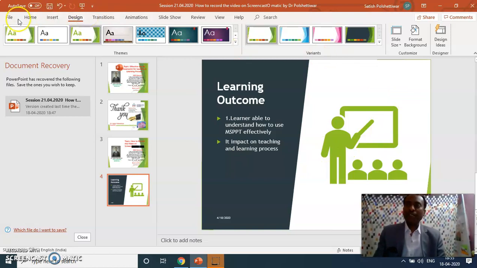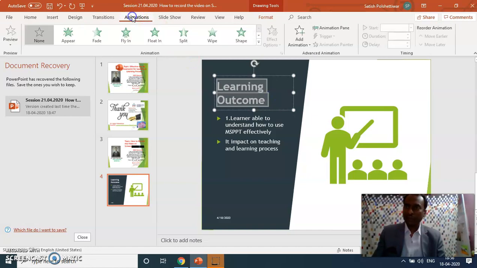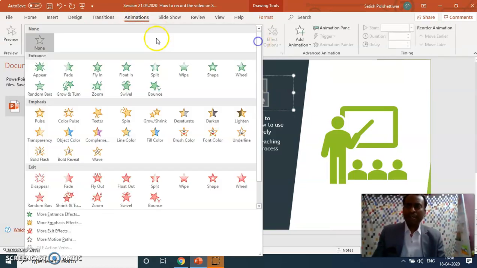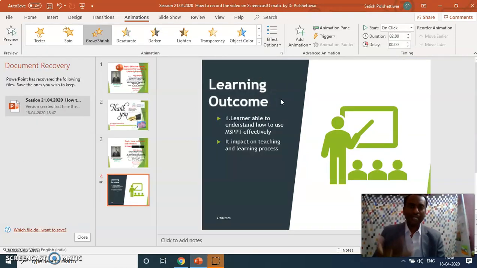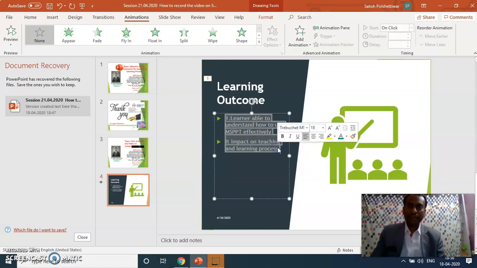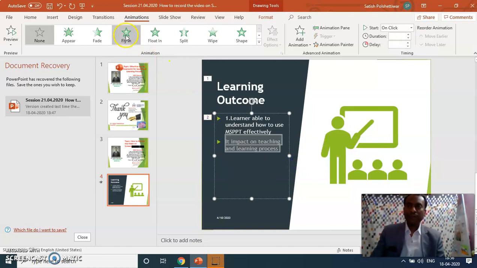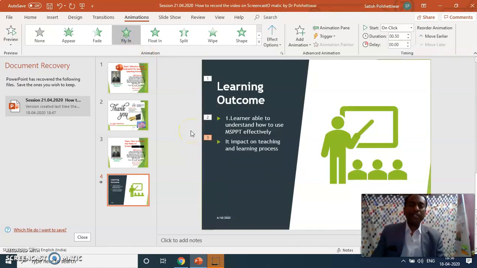Then if you want to record this, for example, now this is the thing. You can also apply animations, the animation options are there. Go over there and click. A different number of animation options are there. Go and shrink. If you just click over here, it will shrink on that particular topic, it will grow and again shrink. You can apply this on this part also, so we can focus one by one like this. Now I am focusing on this particular point, flying, the next points also, this also. So you can make the audience more attentive.